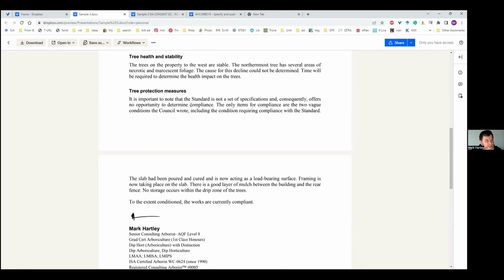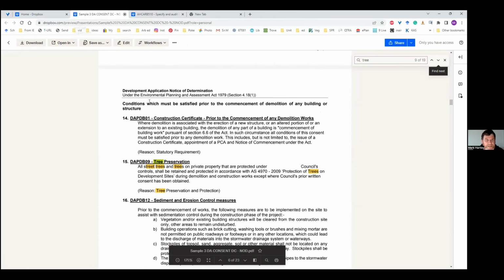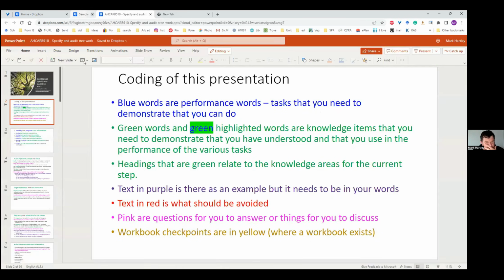Does that make sense? Mm-hmm. So it's difficult when someone says, protect the tree in accordance with the Australian standards. It's hard to know what the expectations are. And we've all done it. We've all communicated in this way. Certainly I have. So that just shows you, that's just in the last month, that it's not just public sector, but it's also private sector.